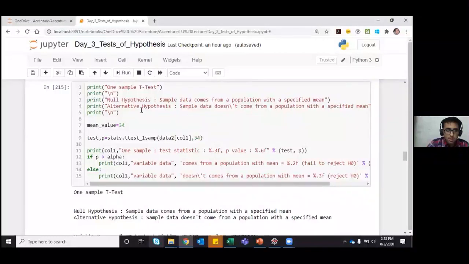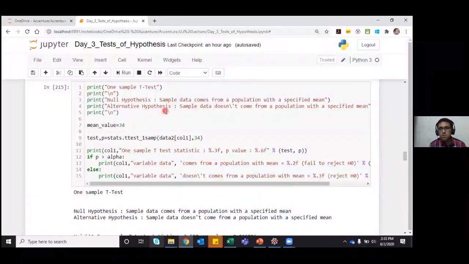Now moving on to the one sample t-test. The one sample t-test is used when we want to check if my sample data comes from a population with a specified mean. For example, I have a class with the ages of all the students in the class.